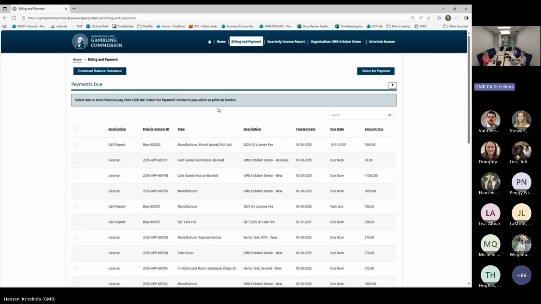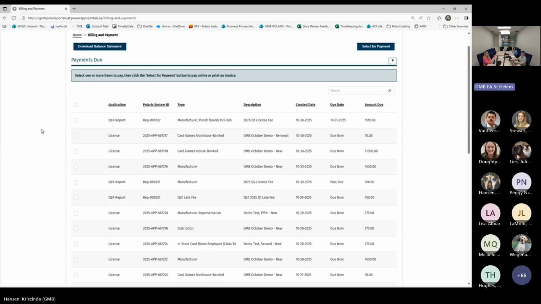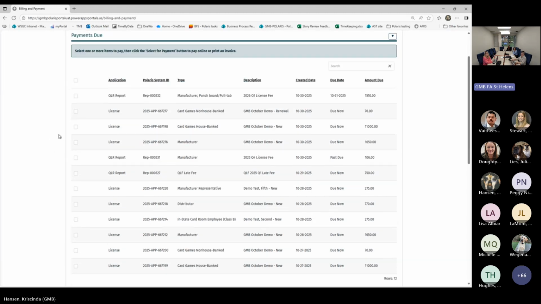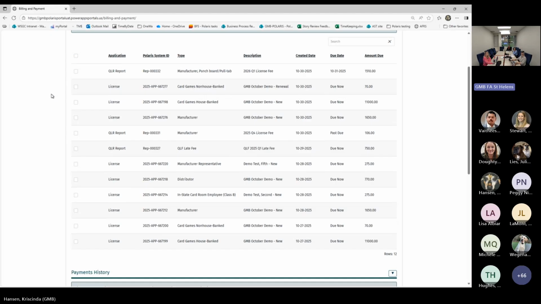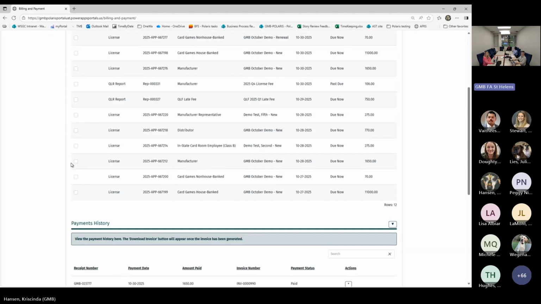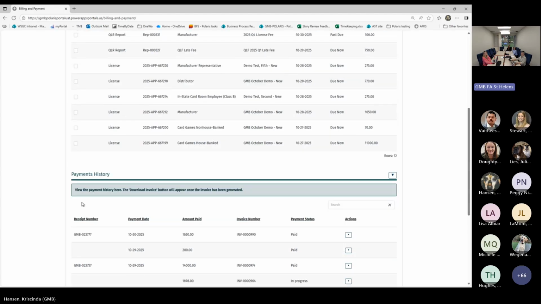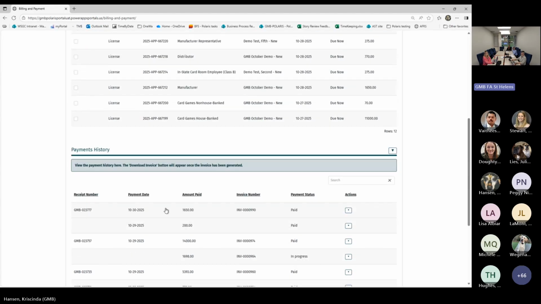So for payments, a lot of this functionality is still under development, so what you're seeing today may not look exactly like it will when we go live. But what you'll see here is there's a lot of payments due because we've been doing a lot of testing and submitting for this demonstration. So it will show you everything that's due, and I will demonstrate being able to select one or multiple items. You'll also have a payment history section where you can see what has been paid or what was